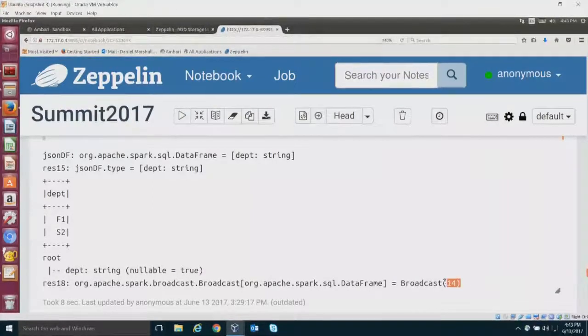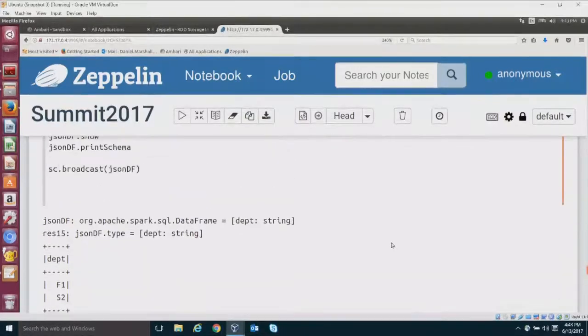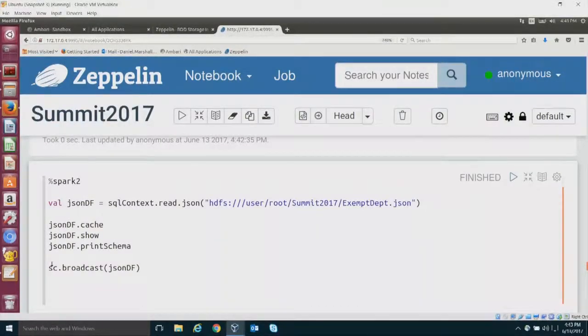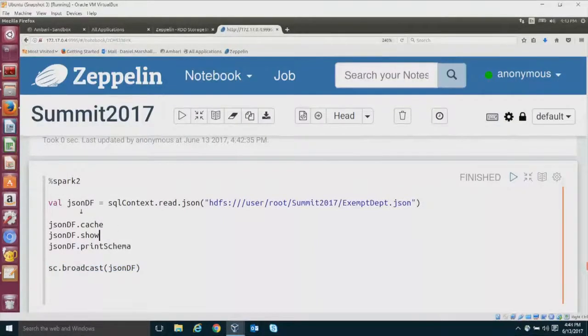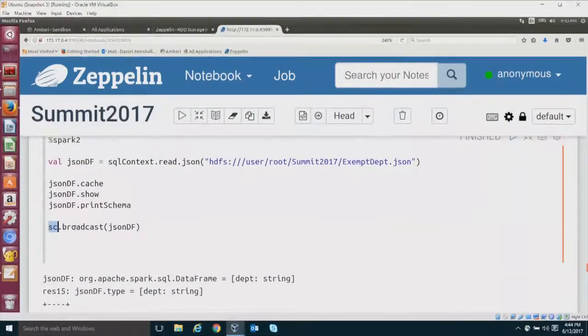And you can see here where it tells us that the broadcast happened. And the way you make that happen is right here. So you take the Spark context.broadcast. At this point, if I do read.json and I pass it a JSON file, Spark knows how to read JSONs very well. JSON's a well understood format. It'll infer the schema from the key names, and we're going to broadcast it to all the